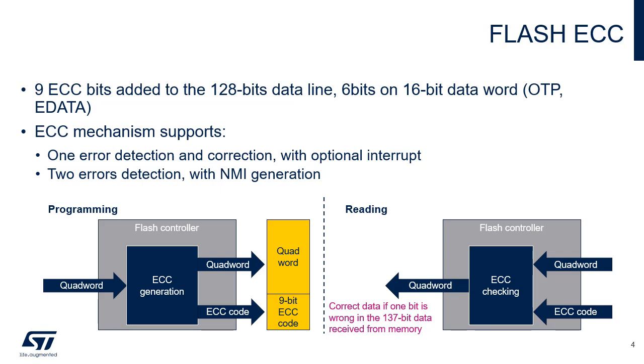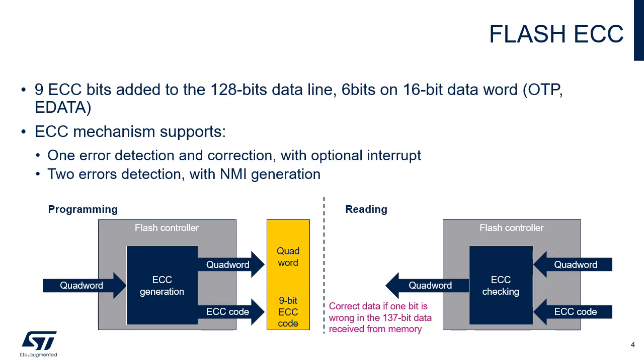When 2 errors are detected, the ECC detection flag is set in the flash ECC register. In this case, an NMI is generated. The address and bank number at which the error has been detected are captured in status registers for further investigation. In case of error in the 16-bit word in e-data and OTP sections, it's possible to also examine the uncorrected